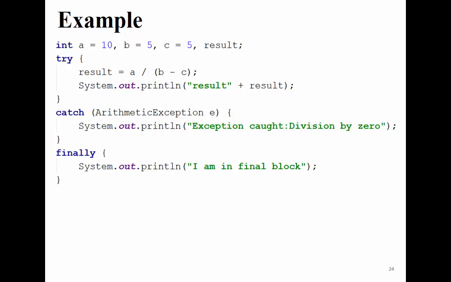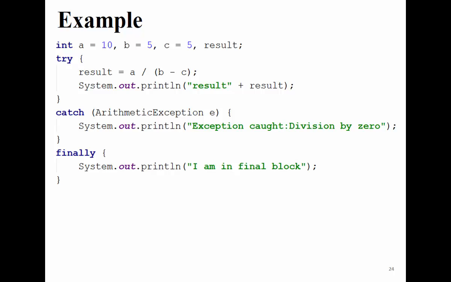Yes. And I am in the finally block. Because finally will always be executed, keep that in your mind, I know that this message will be printed. Okay? But now when it will be printed, where is the position? What is the other? I'm going to check the arithmetic exception. I have A divided by B minus C, and we have the parentheses around B minus C, so we're going to execute that first. So 5 minus 5, that will end with 0, and we end up with 10 divided by 0, and that is an arithmetic exception.